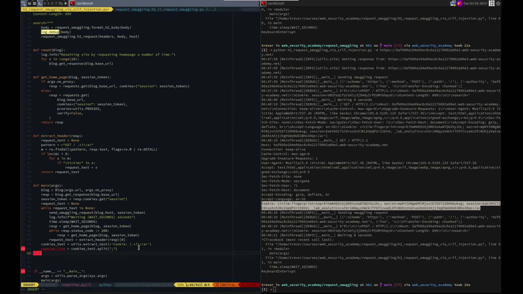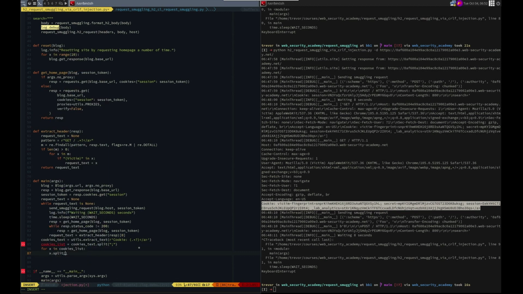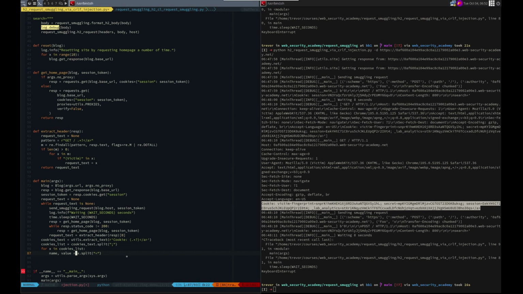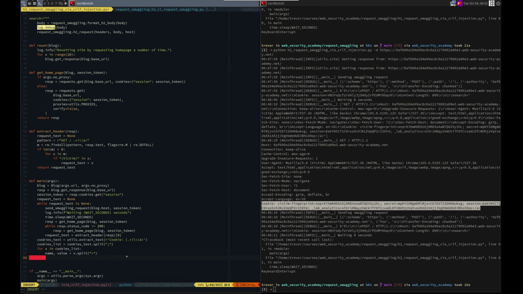And then we need to, for x in cookies list, x dot split on the equal sign, and that will be name, value equals x dot split on the equal sign, boom, and then we can use it. Cookies equals, let's put this here,